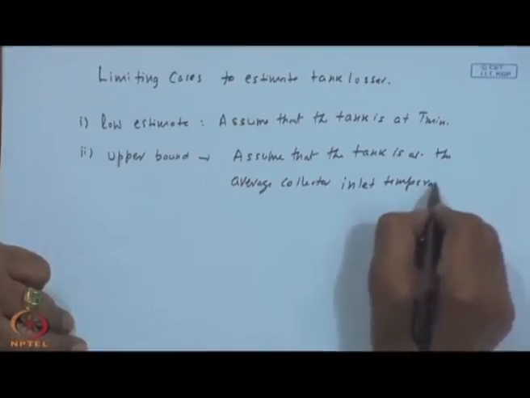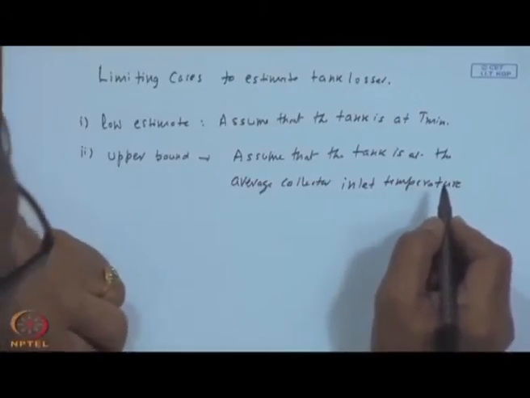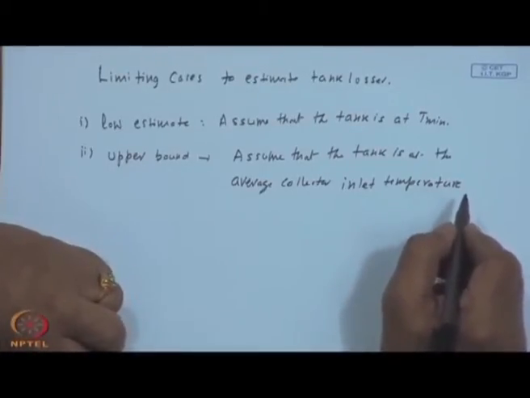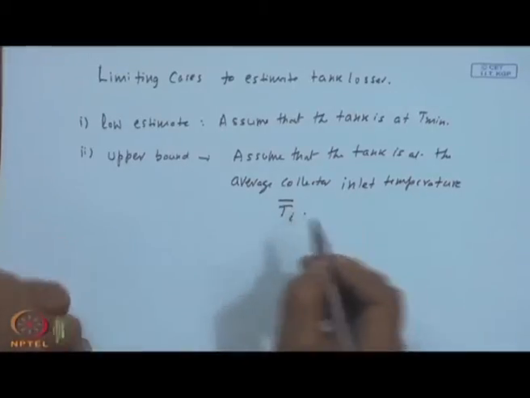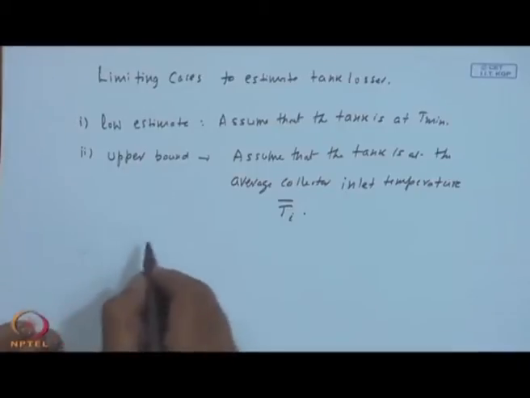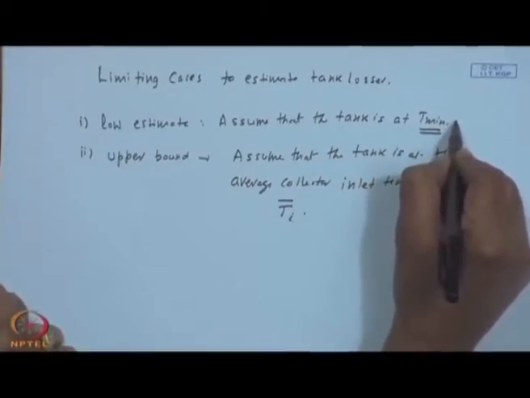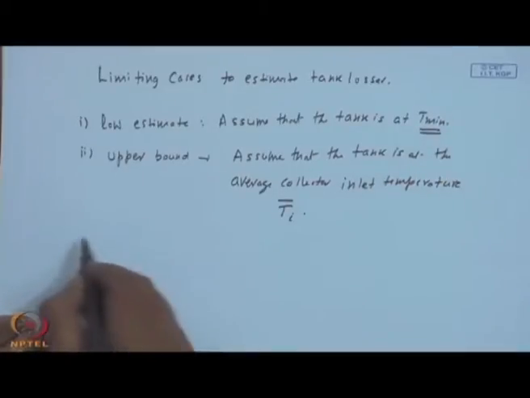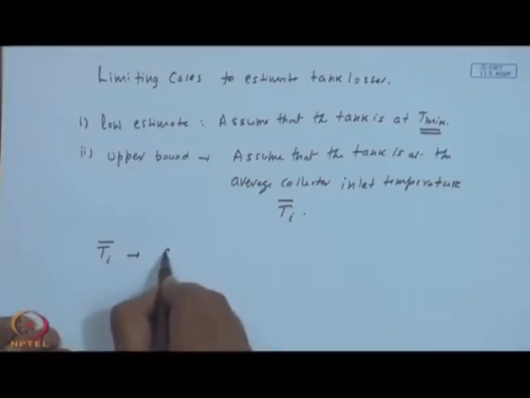This is essentially equal to the outlet temperature, because once it stops increasing, the pump is cut off. So, this I will call T I bar. Now, this T minimum is no problem, this is known, is specified. This T I bar I will estimate